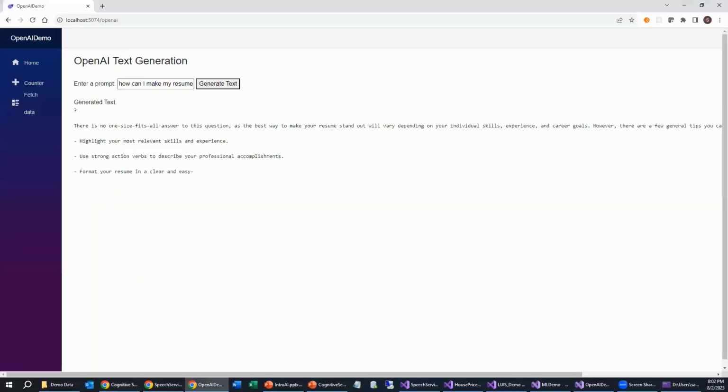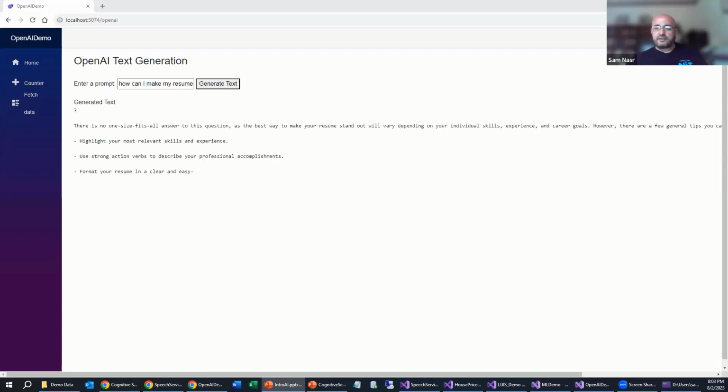So this last demo, you got the key for OpenAI. I might have missed it, but did you have to have a paid version, or do you get that with some free tier? There is a free tier. You just simply have to register with your email, and then you're off and running.